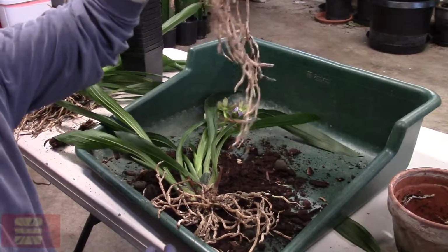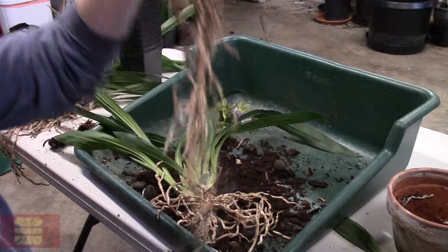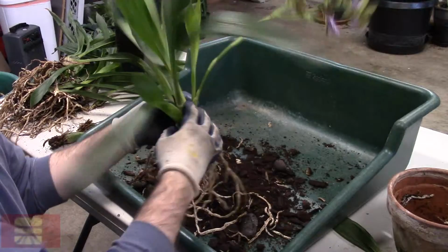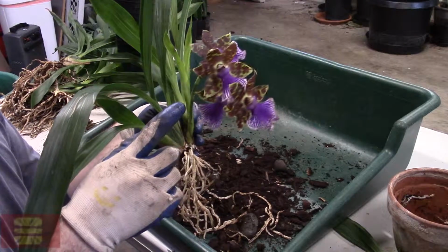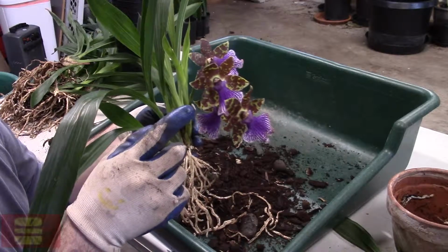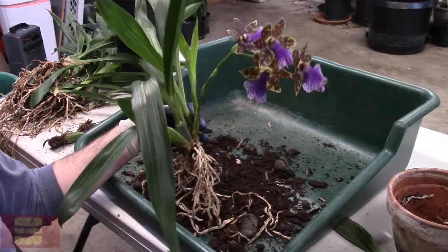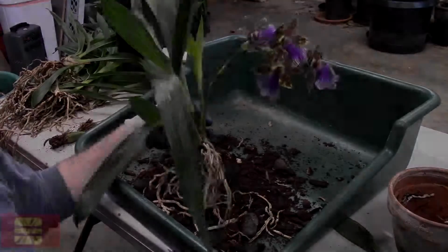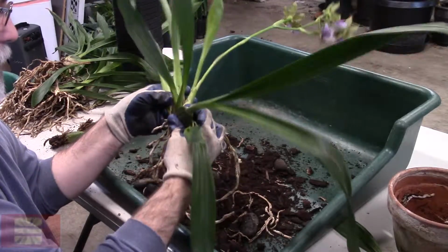There's probably some orchid guy going, oh my gosh, how can you do this? But look at these nice long roots. So I do make happy plants, and I generally don't do them when I have flowers on them especially. But it's in the winter, and I've got other uses for the greenhouse, so this is a good time to do it. I wouldn't do this if you want to display your plants or are planning on doing that,